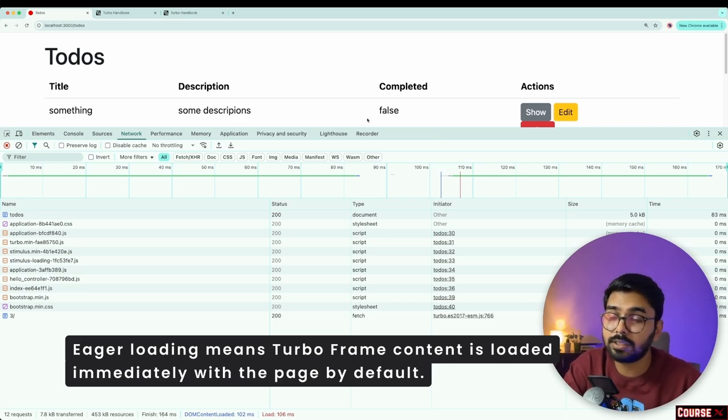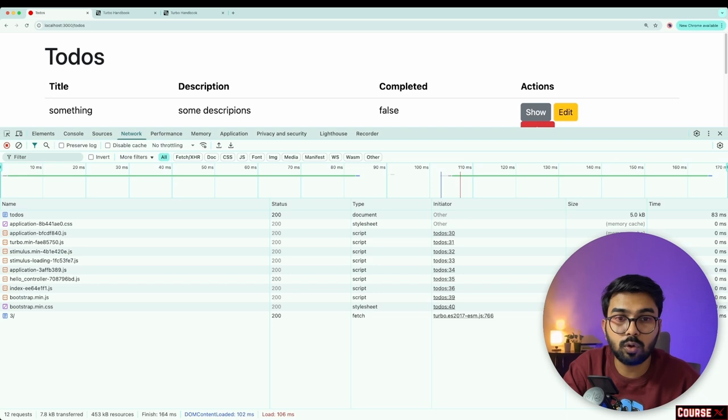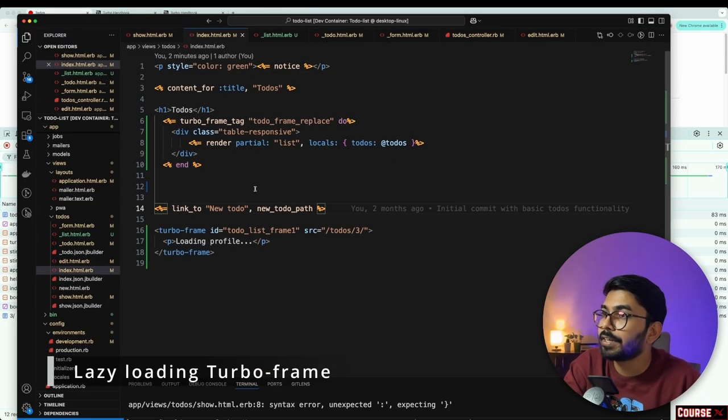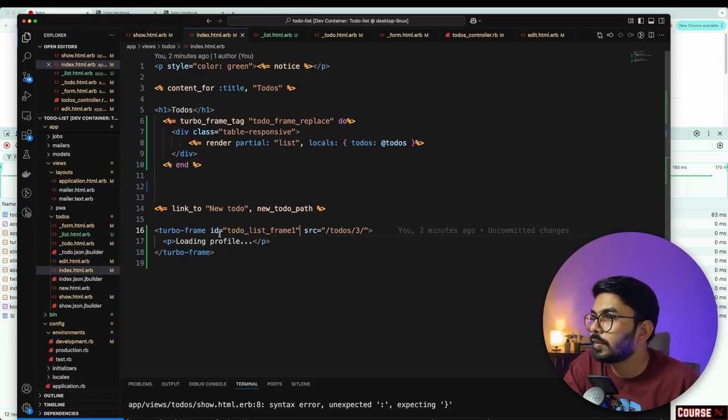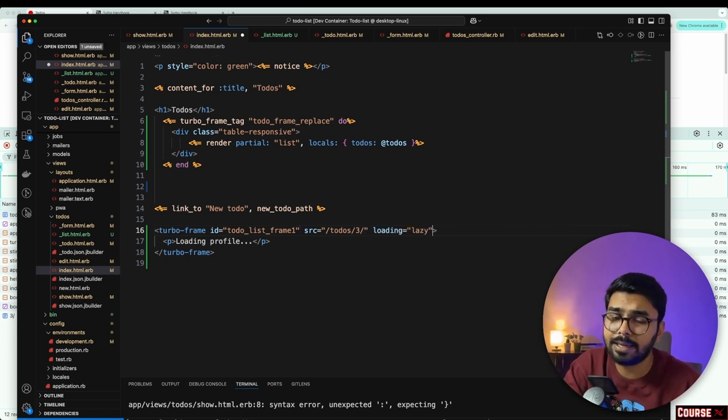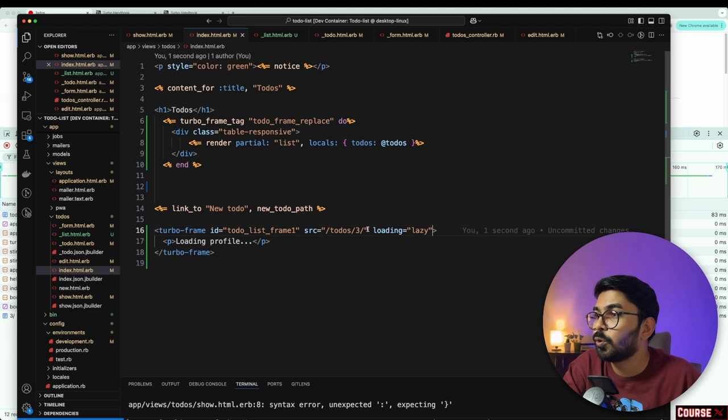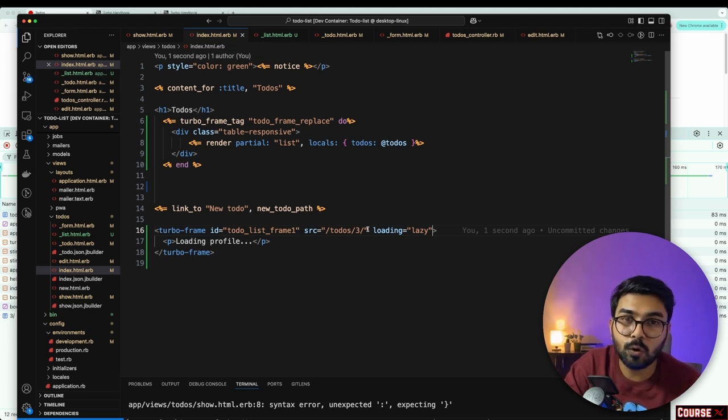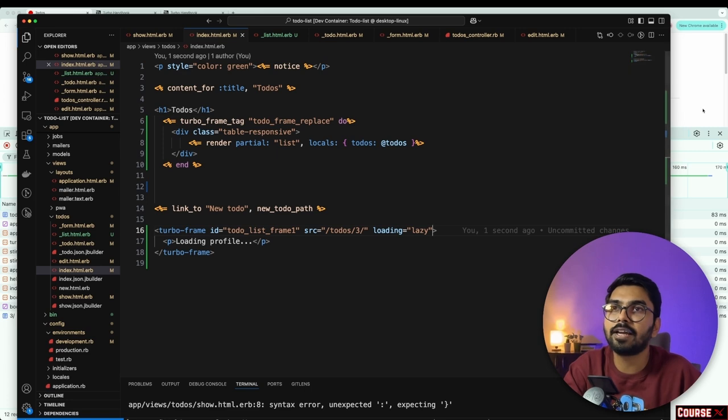We can change it by just navigating to our VS Code. In the index action, we can move to this turbo frame and add a loading attribute to load it as a lazy loader, and then save it. So basically it will only load the specific content when we scroll to the specific section where it is situated in the page. So I can go back